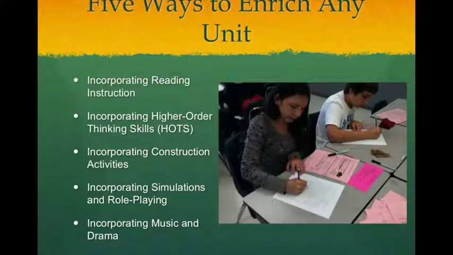So we're going to talk about previewing and skimming and summarizing and note-taking, close reads, text coding. Things like this are all key in this kind of thing. So what you see in the picture here is a good example of incorporating reading strategies in instruction. You see a couple of my former students here, and they've got a pink sheet and a white sheet in